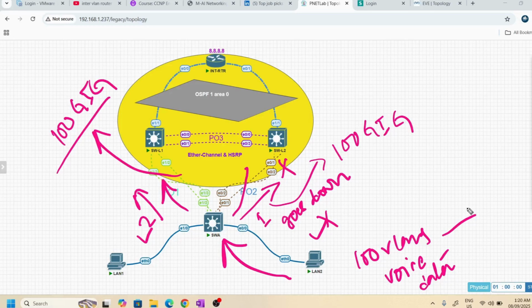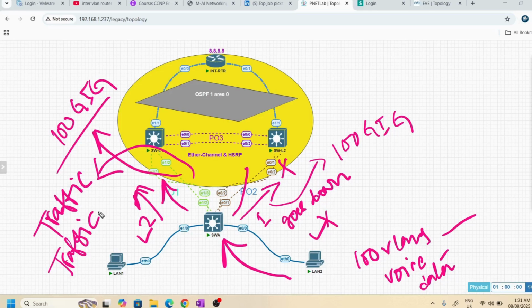So the problem comes: a traffic bottleneck, because one link is down and all the traffic is taking the secondary link. In other words, you can say the traffic is choked.